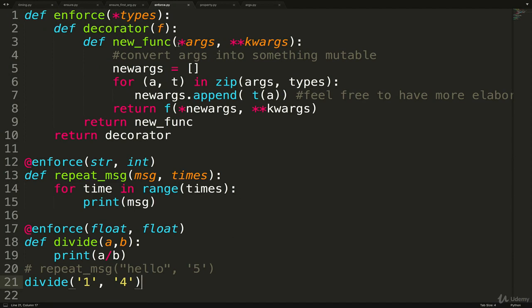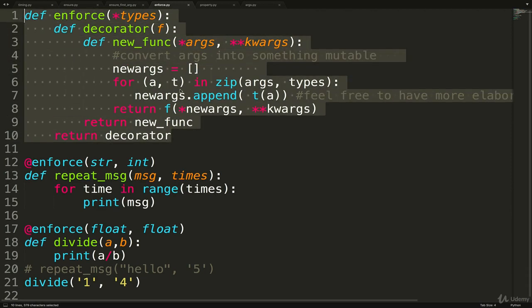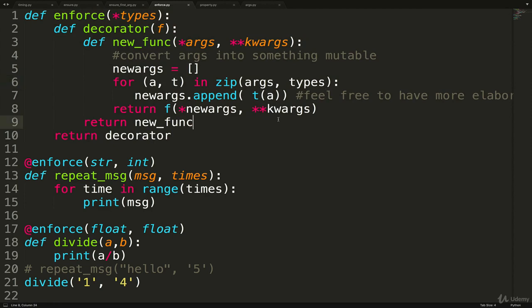If you have any questions on how it works, I highly recommend you just post a question in the discussion board. This kind of stuff gets very difficult to walk through on your own sometimes, and you start to question how things work when you have all these nested functions and 3 returns, and I get it. It gets crazy. So if you have questions, post them. And otherwise, we're done with decorators for now.